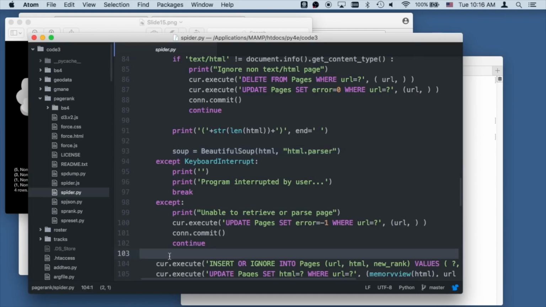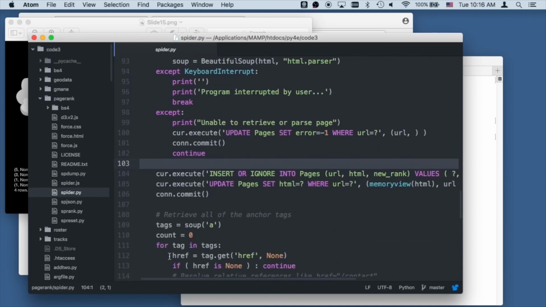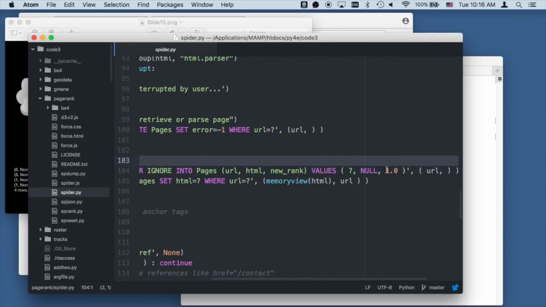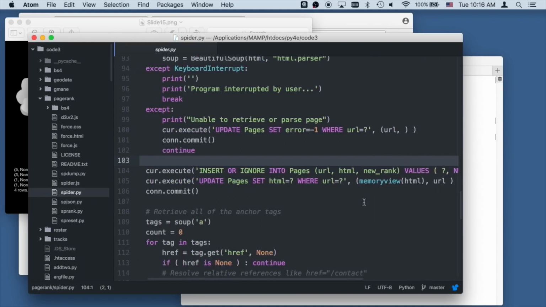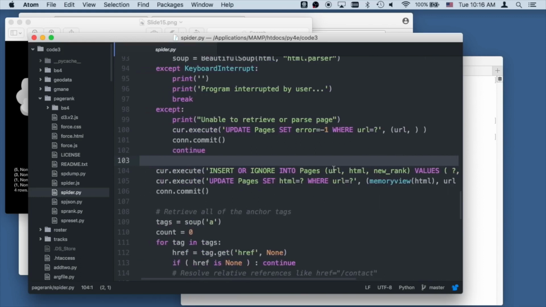At this point, at line 103, we have got the HTML for that URL, and so we're going to insert it in, and we're going to set the page rank to 1. So the way PageRank works is it gives all the pages some normal value, and then it alters that. We'll see that in a bit. So it sets it in with 1. We're going to insert